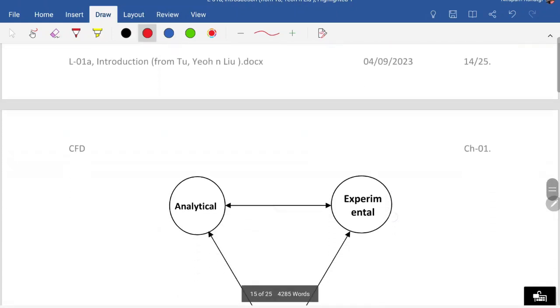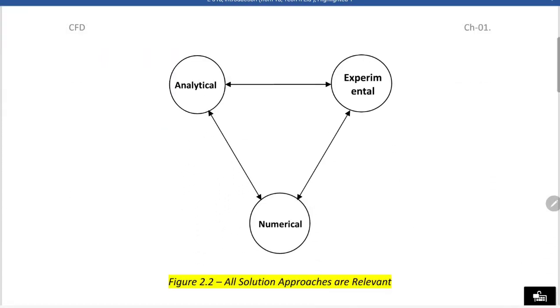And this whole thing now is put up in another triangle, that analytical approach, experimental approach and numerical approach, that is CFD, they all are interconnected, they are all important, they all should be used. Okay, so we'll stop here and